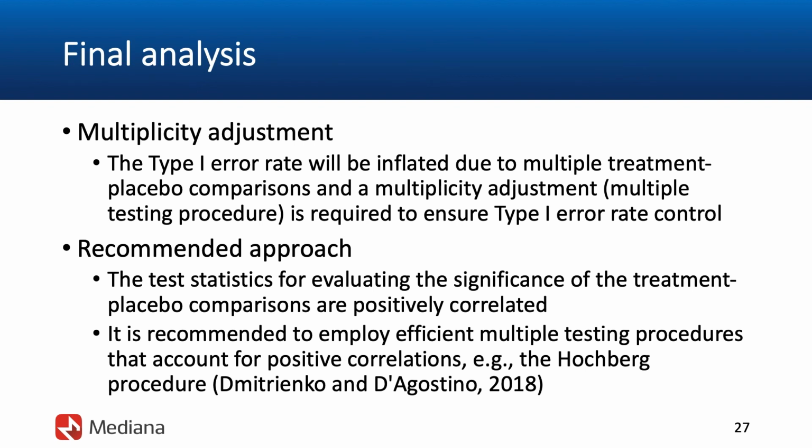What I would recommend in this case is the so-called Hochberg procedure, because it will result in a more efficient adjustment. And the reason for that is because this particular multiple testing procedure accounts for the fact that the test statistics for the 4 regimen placebo comparisons are positively correlated. With this efficient multiplicity adjustment, the probability of success in a trial will not be reduced by that much, because